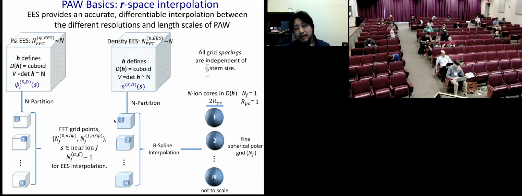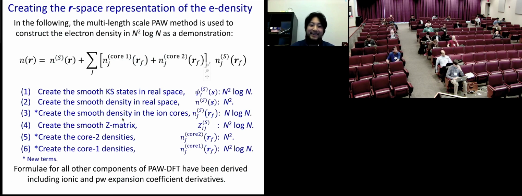And the important thing here is NF, the number of real space points in the F grid, or the B-spline points. These points are typically P by P by P, where P is your spline order. Neither of them scales with system size, which is the good thing. Scalability is all we care about. And to wrap up, I'll just explain some of these new terms. And actually, we have constructed more terms, but just for example,